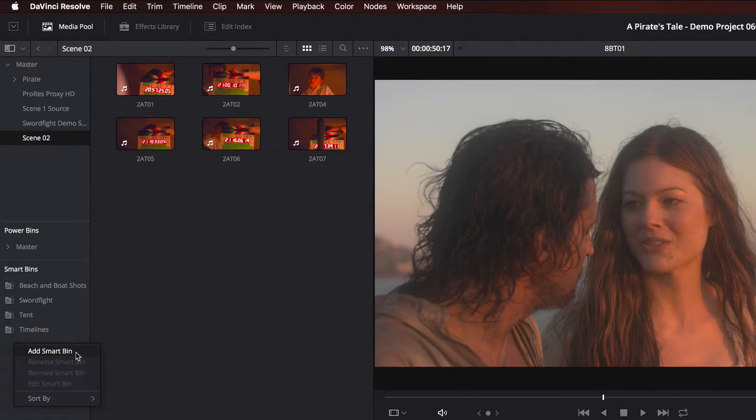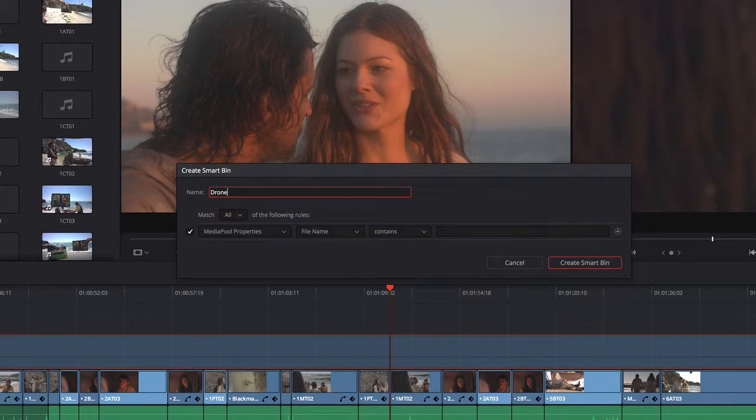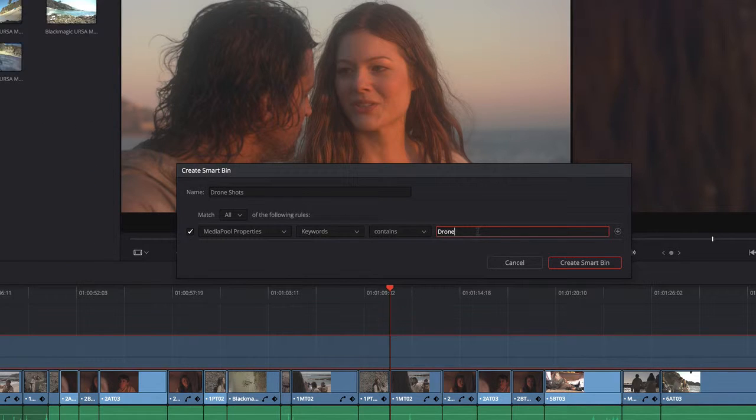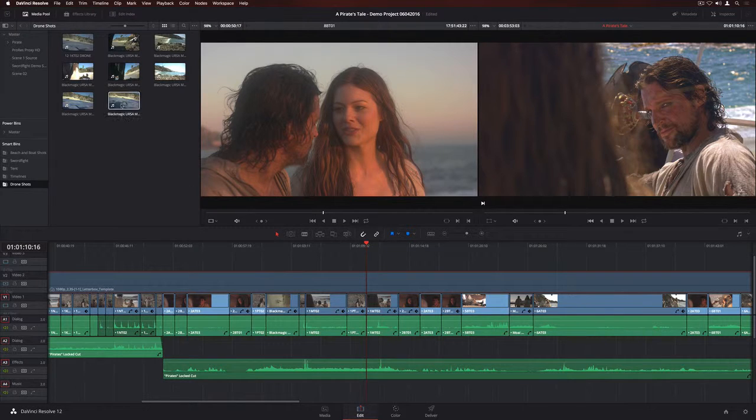You can also create smart bins using search criteria you set up. This makes it easy to find shots in large projects. For instance, if you want to create a bin that contains all the drone shots, just set up the search rules. Any clips that match drone are previewed in the browser area and appear in the Smart Bin when you